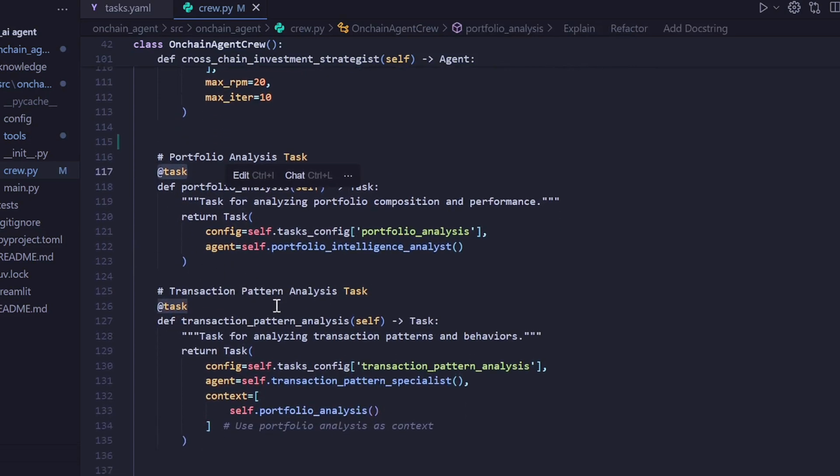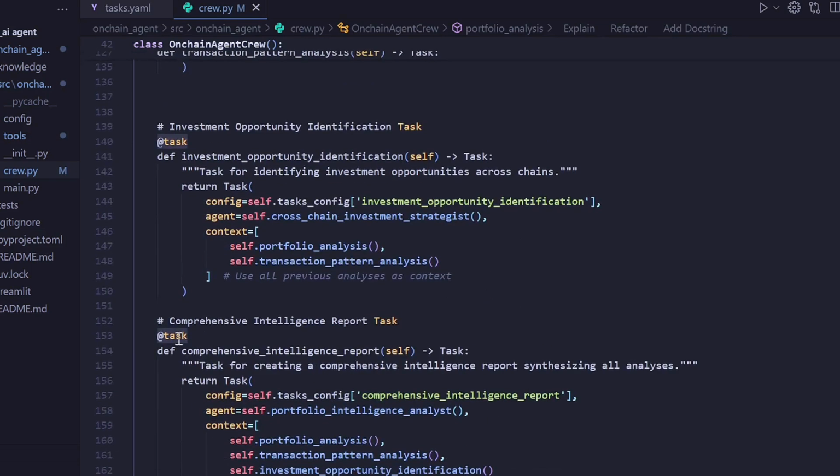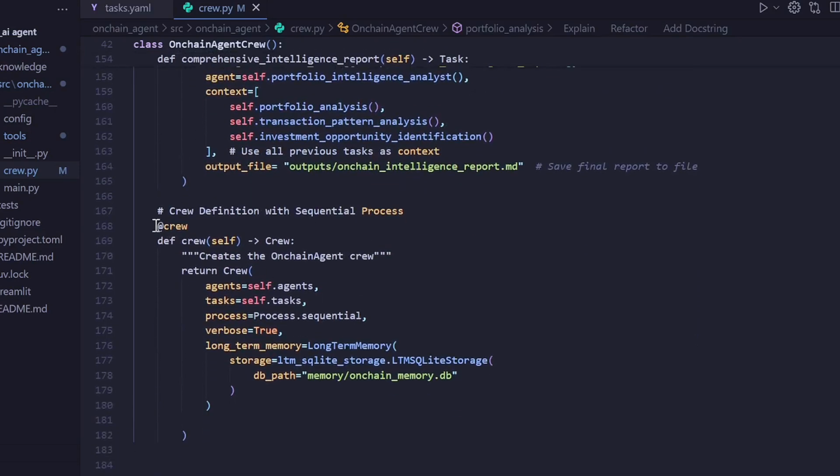We have the transaction pattern analysis task, the investment opportunity identification task, and the comprehensive intelligence report task. And we are defining our crew for the agents. We are calling the self.agents, and for the tasks we are calling the self.tasks, and we are